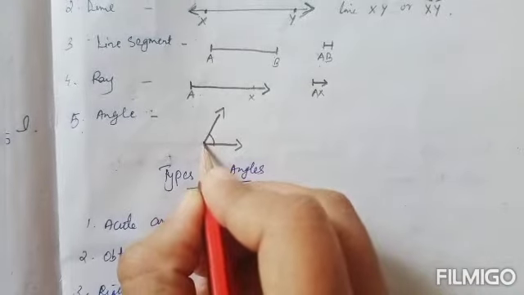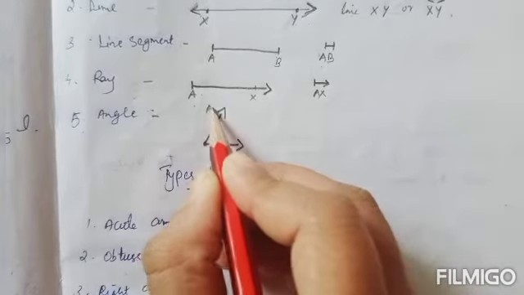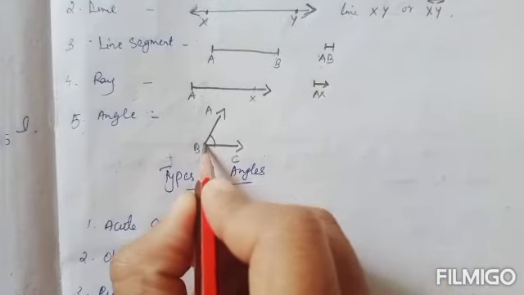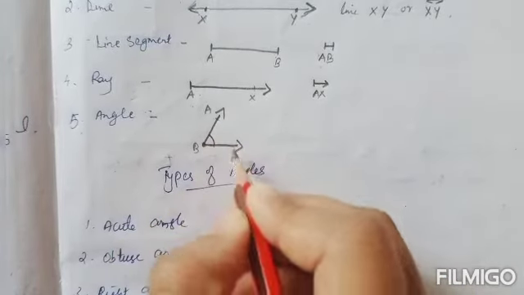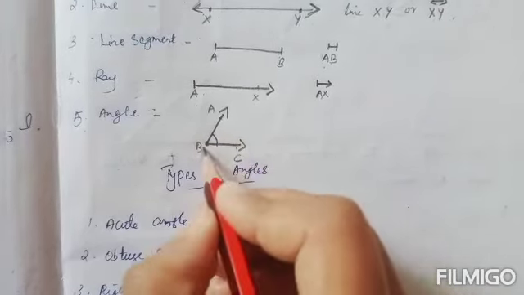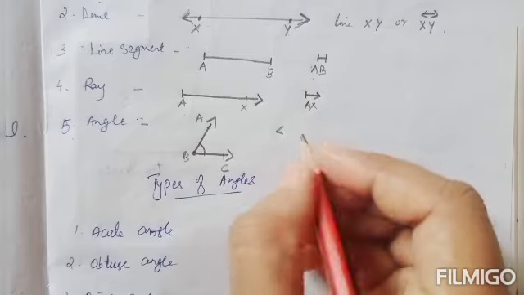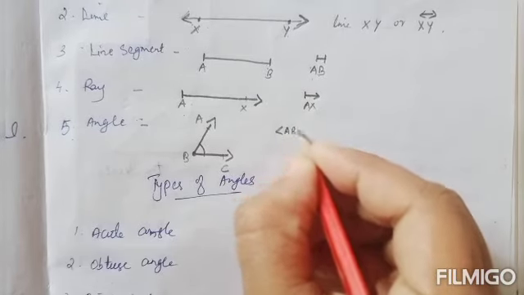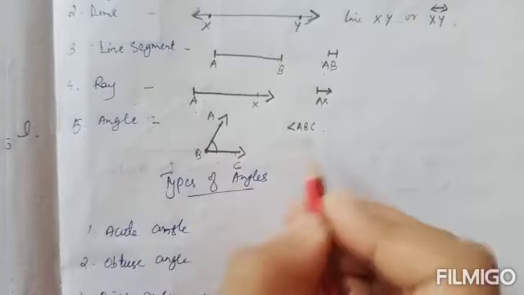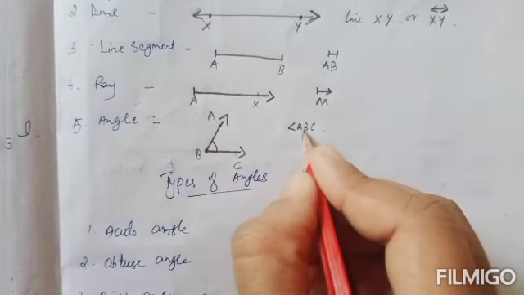Now this is the common vertex of the angle. Now let us name this angle ABC. Common vertex is at point B. Now this is a point on ray AB, and C a point on ray BC. This is angle ABC, and we will write angle ABC with this symbol for denoting angle. And how will we name the angle? This B should be in the middle. The point at which the angle is formed, that should come in the middle.